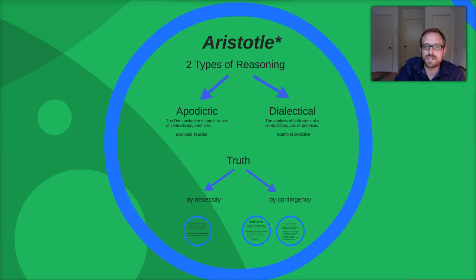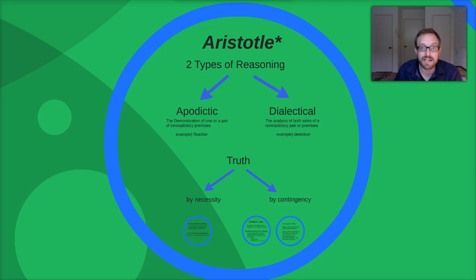Now, Aristotle's where things get a lot more formal, and I think you see major advances in terms of a finer articulation of what's going on in logic. And of course, you see the development of categorical logic fundamentally as we know it, at least in terms of its principles, axioms, and so forth. So I can't go over everything that Aristotle talks about. I'd never get through this video. So I'm just going to give you here some of the touchstone points.